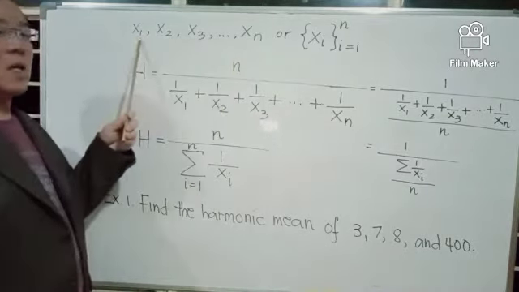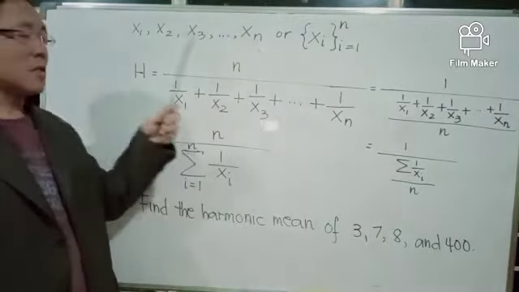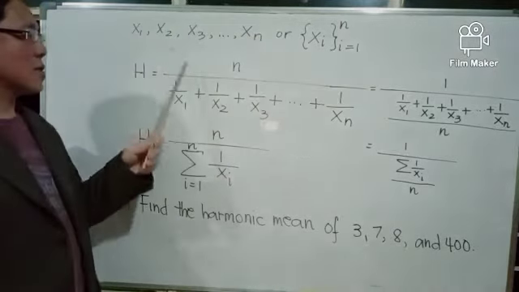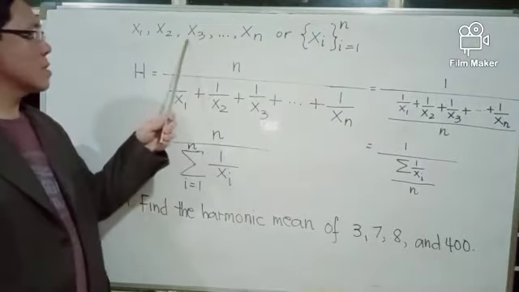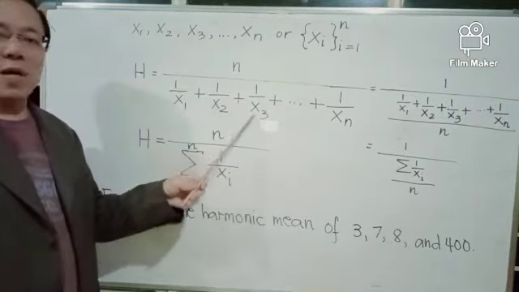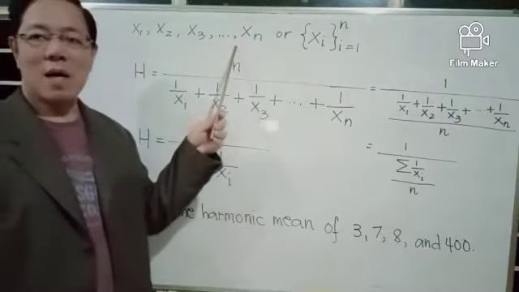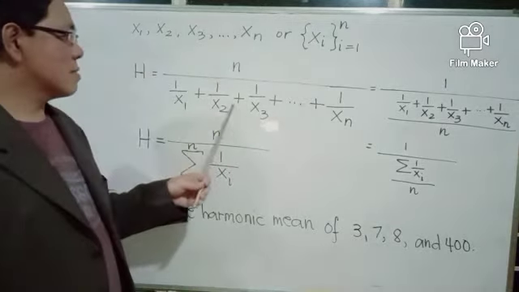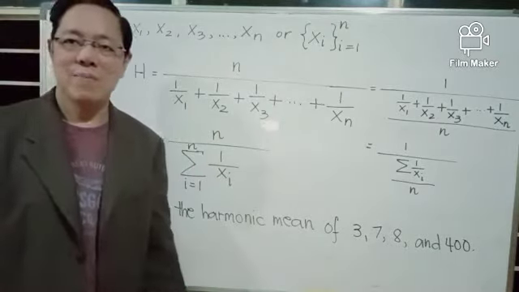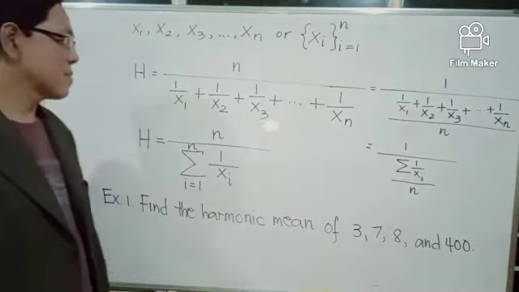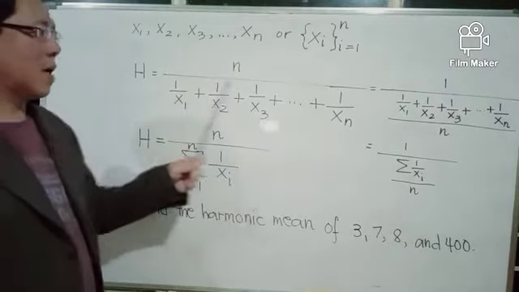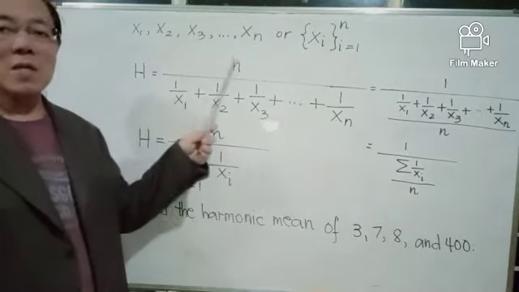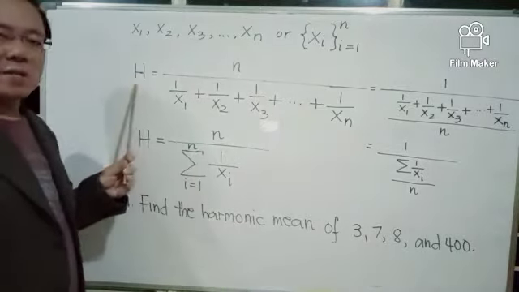We take the reciprocal of each value. Reciprocal of x1 is 1 over x1. Reciprocal of x2 is 1 over x2. Reciprocal of x3 is 1 over x3, up to the last nth value. Its reciprocal is 1 over xn, and we add the reciprocals of the values in the given set of data. And n divided by the sum of the reciprocals of the values in the given set of data defines harmonic